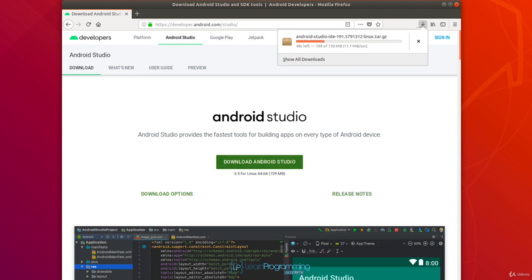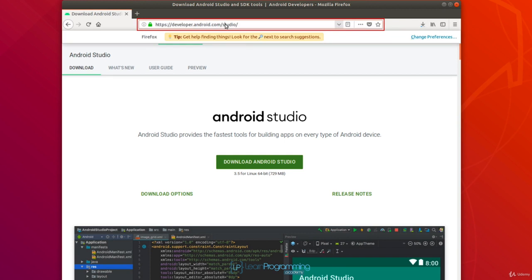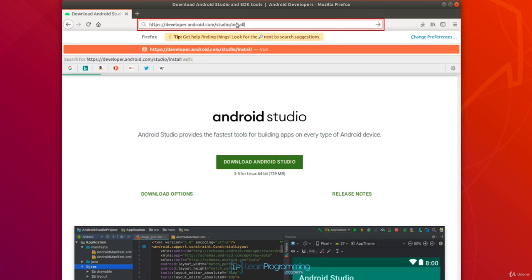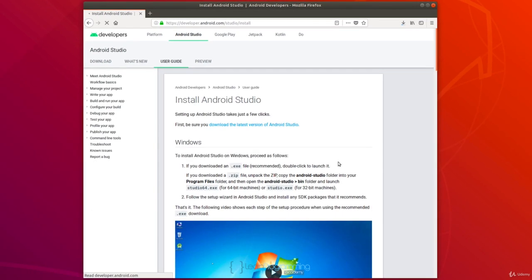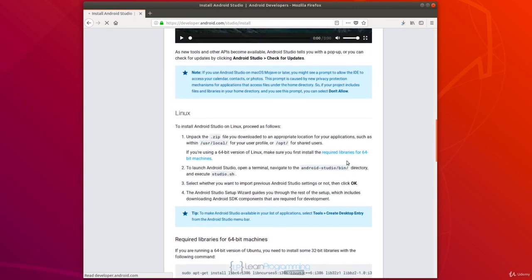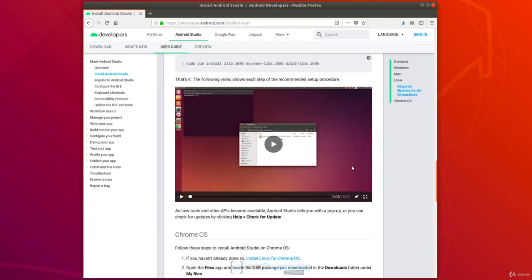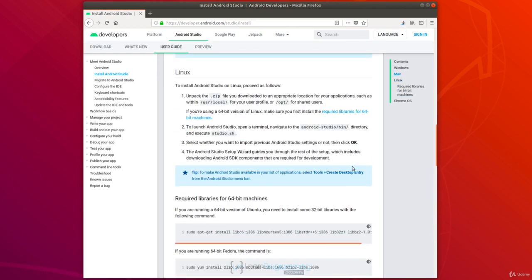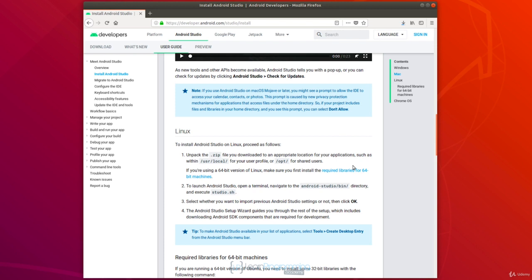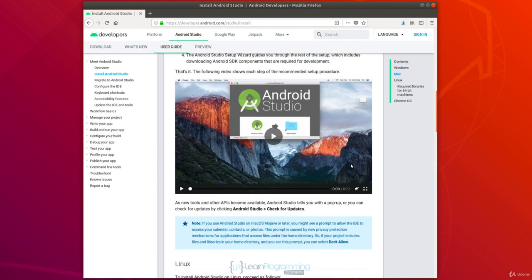Now while that's downloading, you might want to go and have a look at some information. I'll paste in this link, which is also available in the resources section of this video. There's some basic installation instructions there for Linux as well, and various flavors or distros of Linux are supported there with the information. Now this page mentions some required libraries you may need to install. There's no date on this page that I can see anyway,